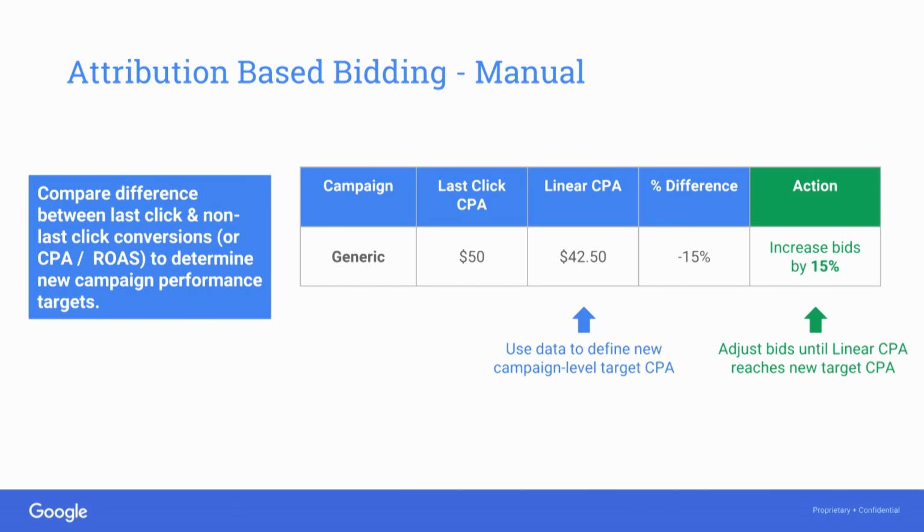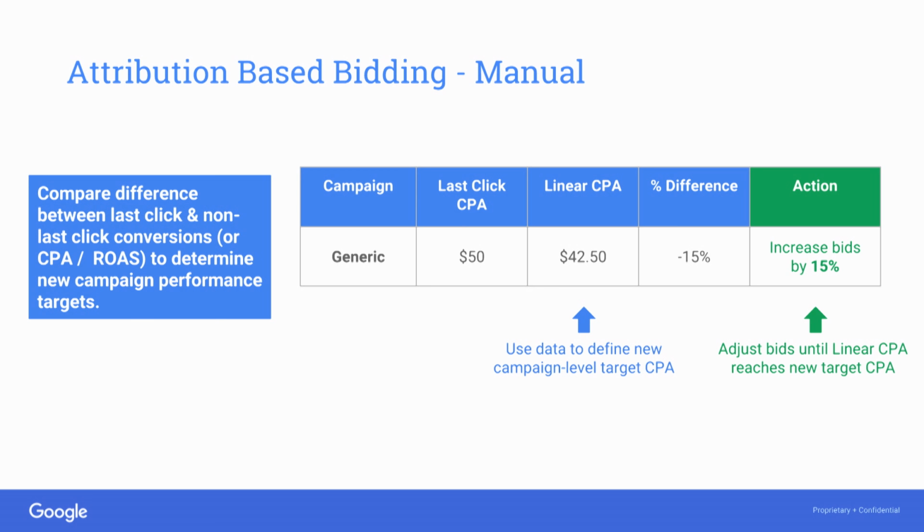Yeah, so I'd go back to looking at that attribution modeling tool. What you could do, for instance, is see that when we move away from last click, in this case to something like linear, this upper funnel campaign is actually 15% more valuable. The CPA is reduced by 15%. So therefore, we need to invest more accurately and increase the bids on those campaigns. Same thing for things that may be more direct response or brand terms. You may see that those look worse. It's a more accurate reading, right? So as you adjust your bids to be more effective here, you'll see an improvement in your overall conversions.